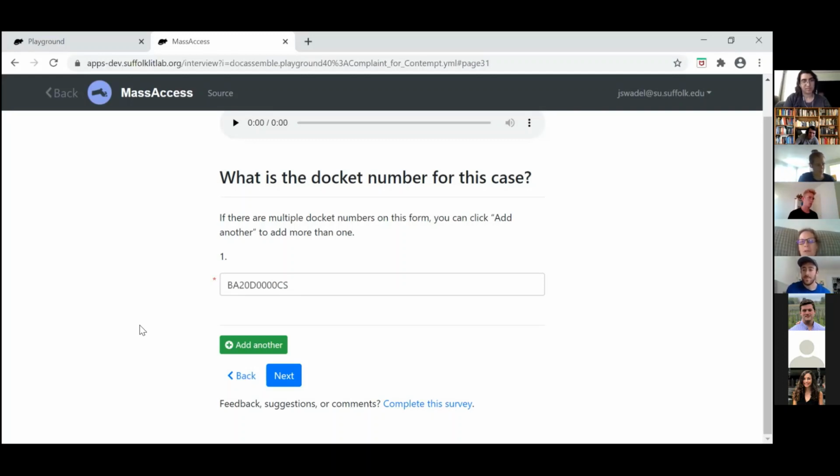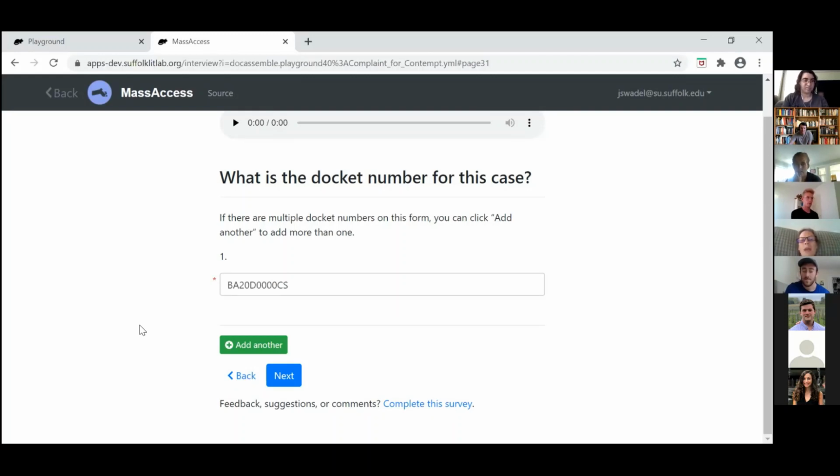What do you do if you have more than one docket number? Also, technically, we discovered that there isn't a way to limit the number of docket numbers we ask for in a question. I just stack them one on top of the other. I thought in some of the other forms, Quentin just had them listed side by side.